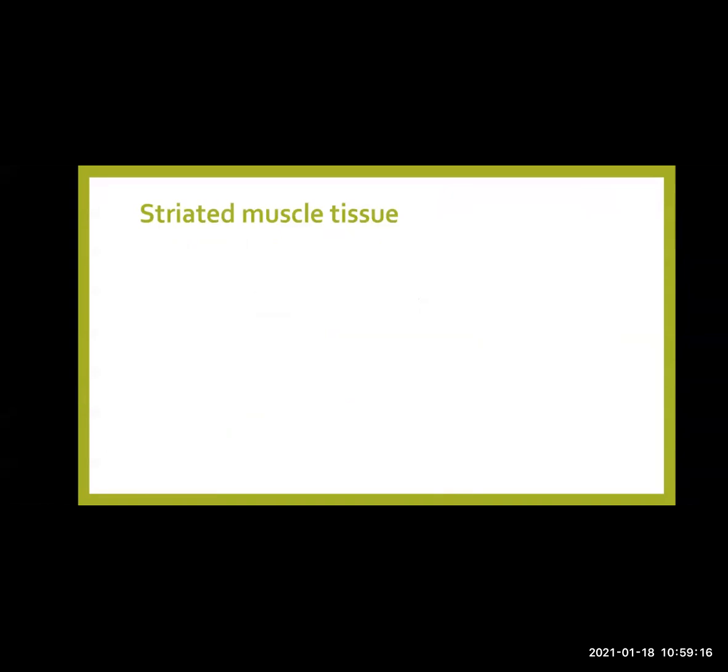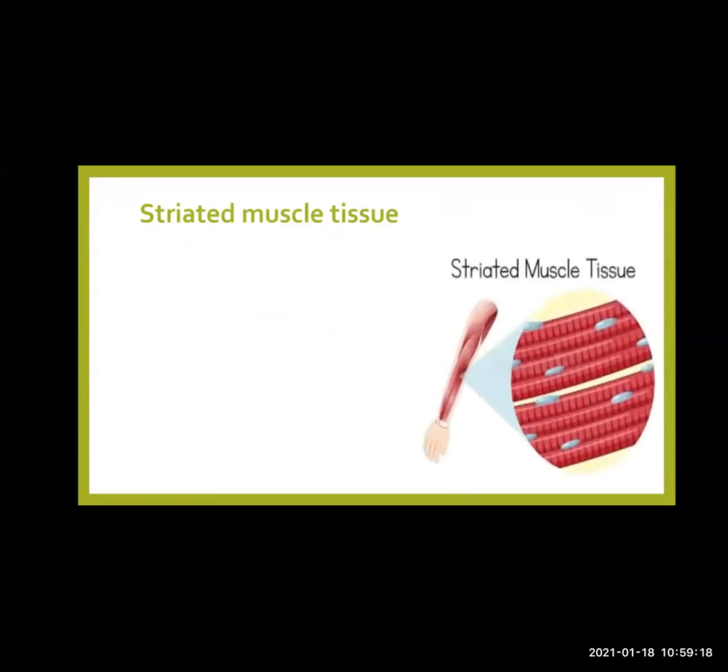First is striated muscle tissue. This is the picture of striated muscle tissue. You can see the structure. They are elongated and cylindrical, just like pipes. This blue colored structure that you see is known as the nucleus. Observe this picture carefully. You can see that the nucleus is present on the surface of the muscle fiber. So the striated muscles are long, cylindrical,